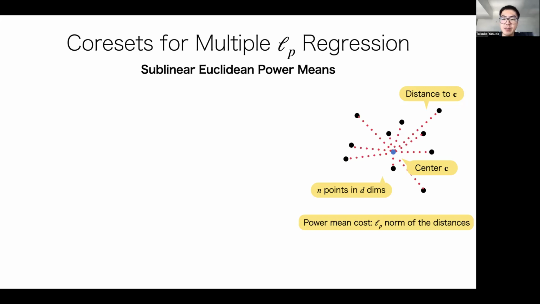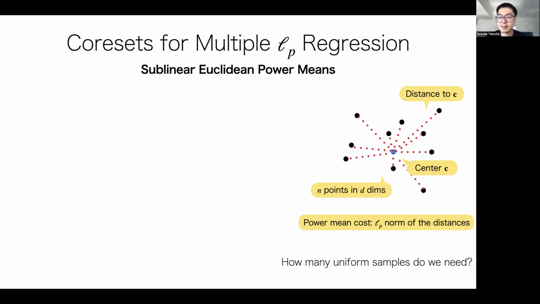Now, in the sublinear algorithm setting, we work in a setting where n is so large that we can't actually afford to look at all n of these points. And so the way that we're going to solve this without looking at all the points is to take a uniform sample, a small uniform sample of points. So the question is, how many uniform samples do we need in order to compute a 1 plus epsilon approximate